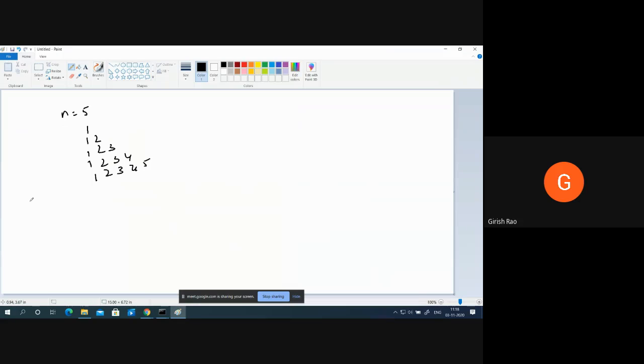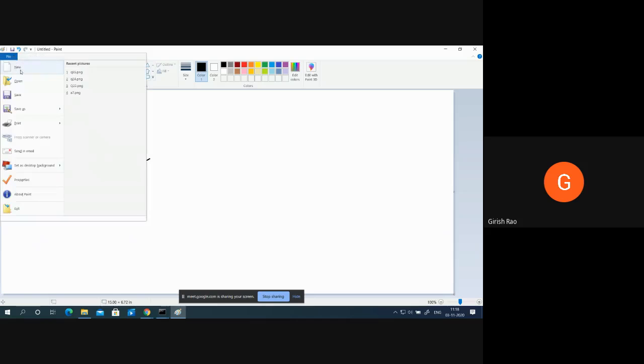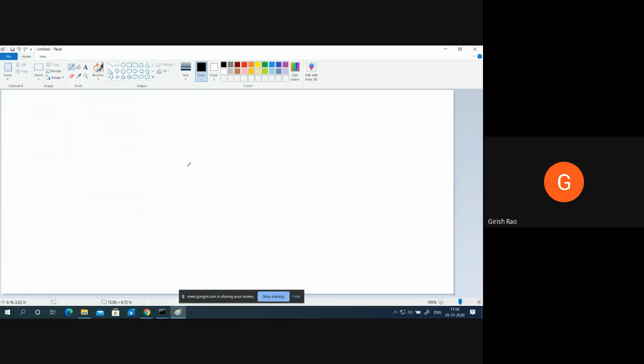So there could be multiple solutions to the pattern program. Some could work with i, some could work with j, or some could change the range also. Okay. So the next pattern. n is equal to 5, and I want the output as, I think we have done this.